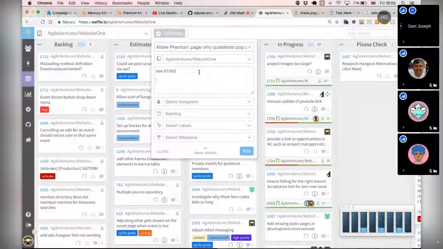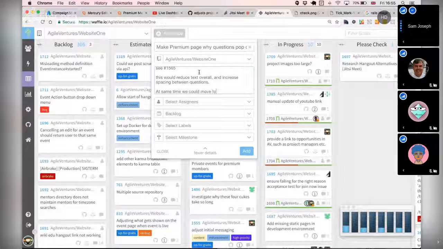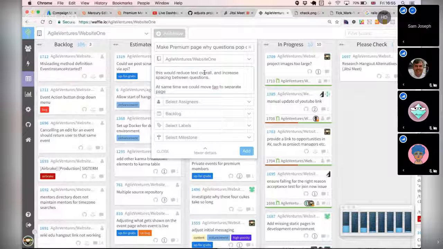We could say this would reduce text overall and increase spacing between questions. And then at the same time we could move FAQ to a separate page. Like so. Yeah, all right. So that's this.